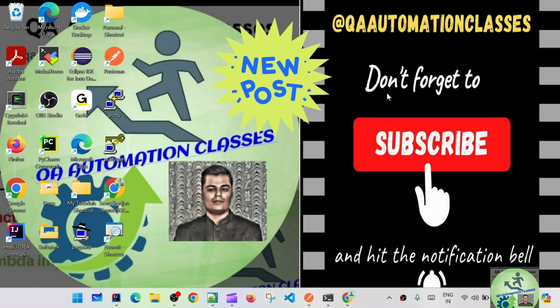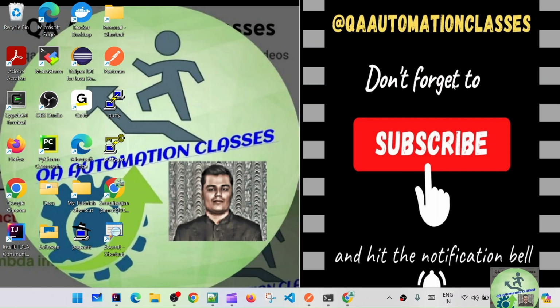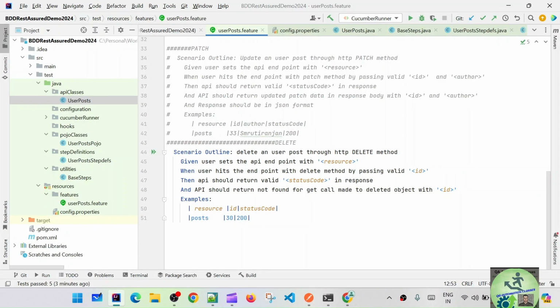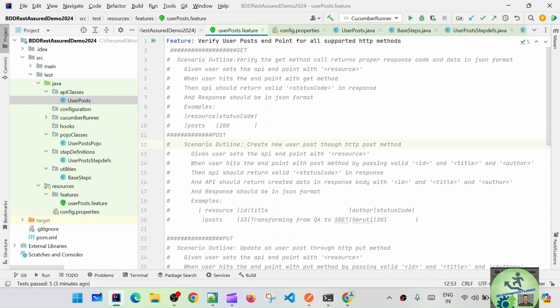So in the last class we have seen the delete method. So if you see, we have completed all those methods. We have completed the first get method. Here we are getting everything, right? Entire thing of all the user posts we are getting, and here we are just doing the simple validation of whether the status code is 200 and the response is in JSON format or not. These two validations we are doing, and then we are going for the post method,